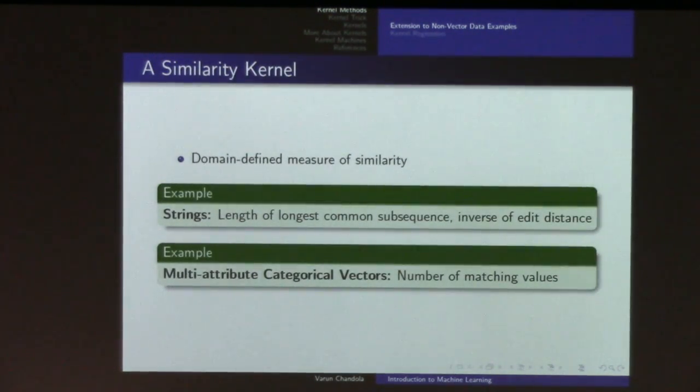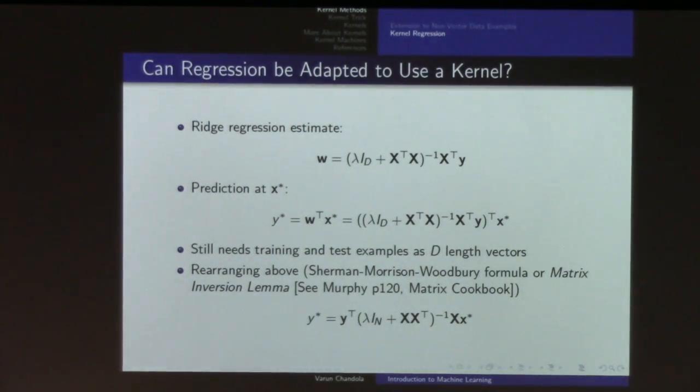So these are some examples of similarities, but the idea here is that we were looking at kernel methods from the perspective of linear regression, and we will look at it in other settings as well. So today let us discuss it from the perspective of linear regression, or ridge regression, which is just regularized linear regression, right? So this is the estimate for ridge regression. I'm hoping this is what you're using